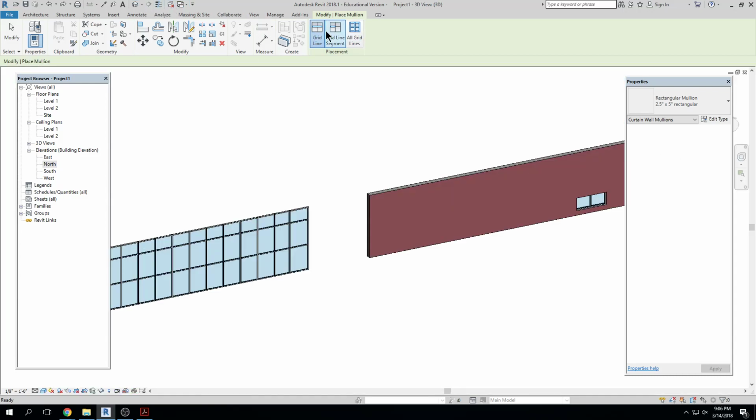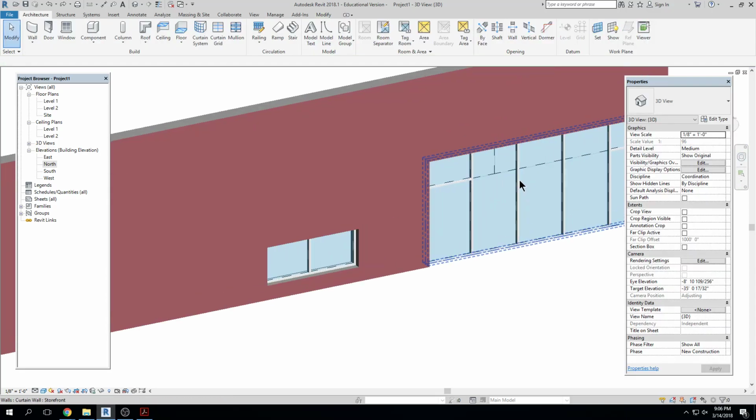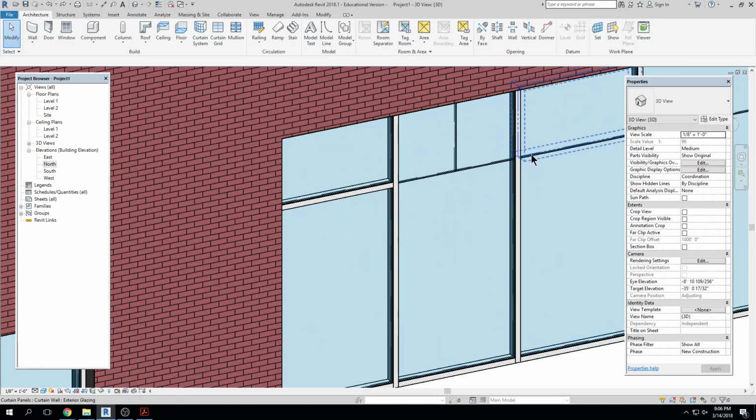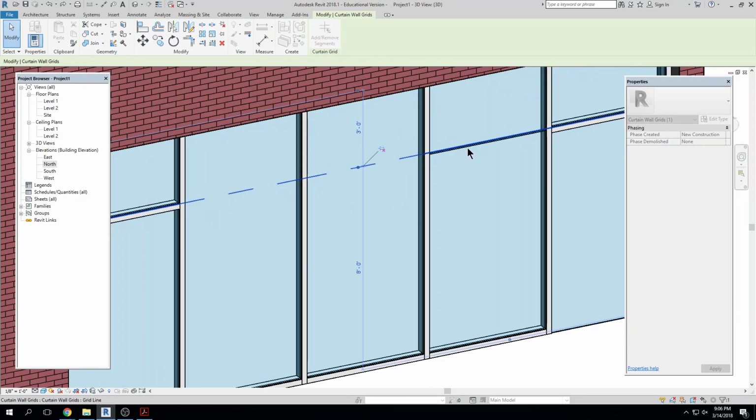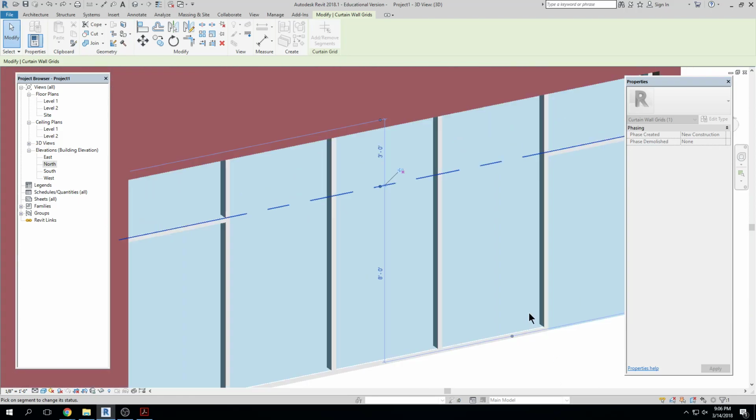If I go into 3D, I'm going to tab, tab, tab, click. There's my curtain grid. Add or remove segment, click. I can click, click, click, and it removes those segments. It's so finicky,